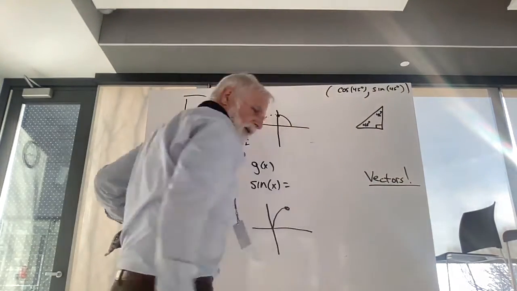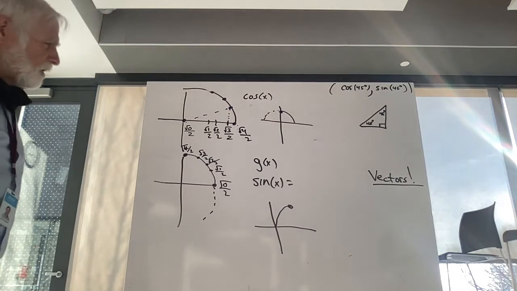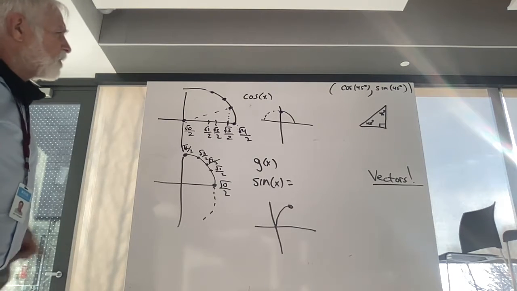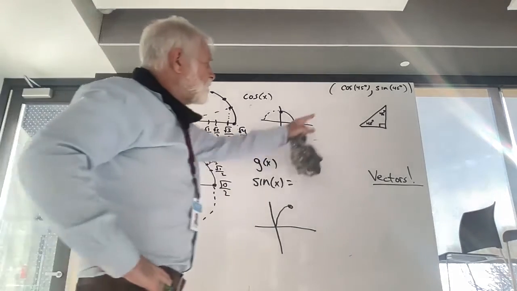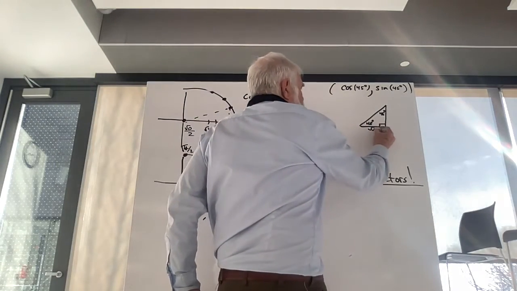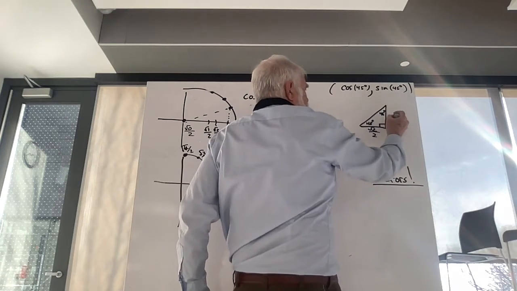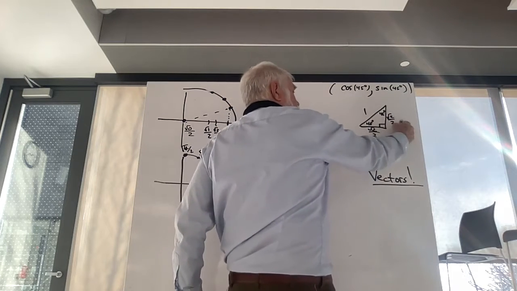Second discussion I want to have with you. Let's rewrite our ratios a little bit differently here. So I'm looking at the cosine and the sine functions. And the cosine of 45 degrees we know is now root 2 over 2. Just as a quick review, the sine of 45 is root 2 over 2. And that's 1. And when you square that and add it to the square of that, you get the square